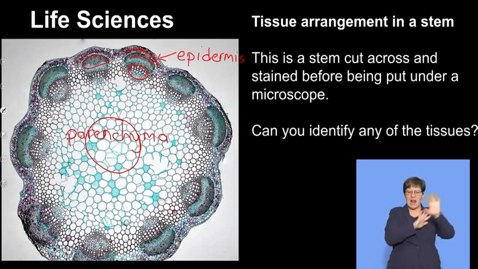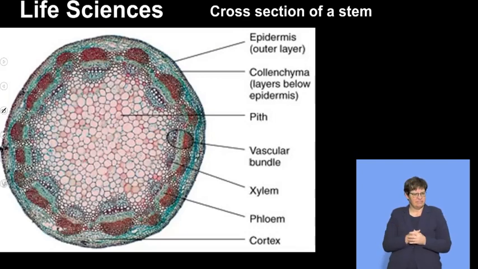And the reason why the colors are different is simply because these two pictures have been stained by different dyes. Most of the cell walls and things like that in a plant are colorless, so we need to stain them so we can see them clearly. And the different colors are simply the different stains that have been used to bring up the different types